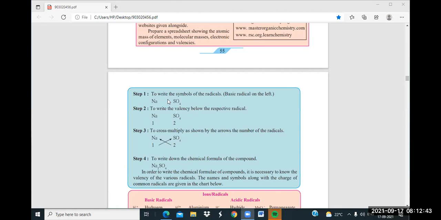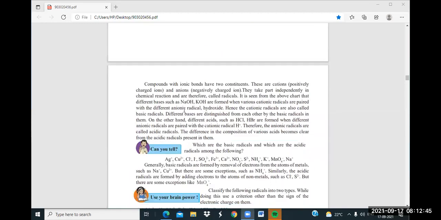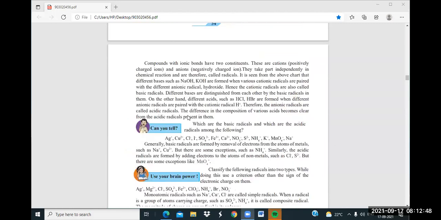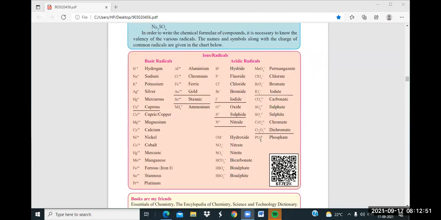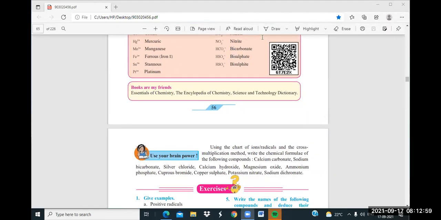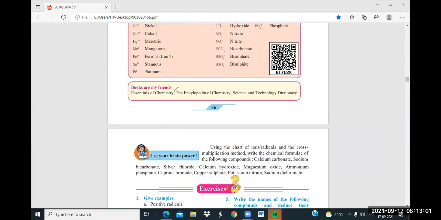Then about the nitrogen, we have seen it shows negative. You're not given example, so I'm going to write here example in front of you that you can write. Its radicals are azide, that is N3-, then you can write NO3, nitrate. We know that. Like this you can write the answer.